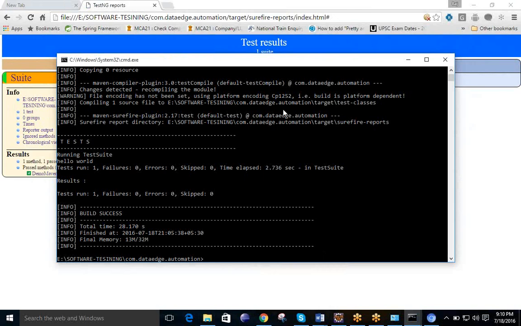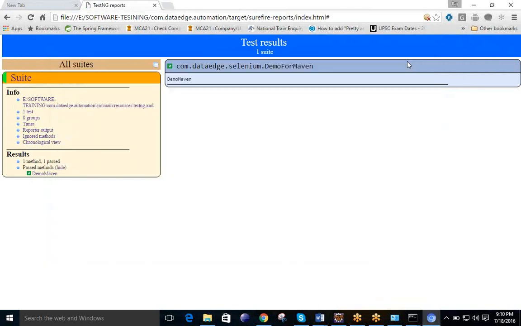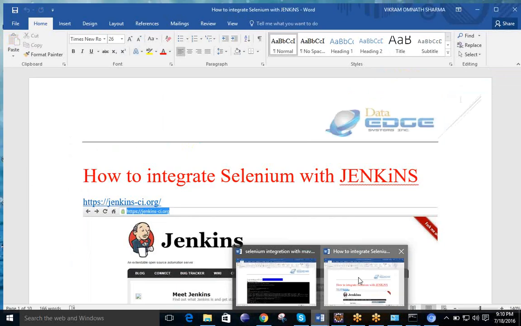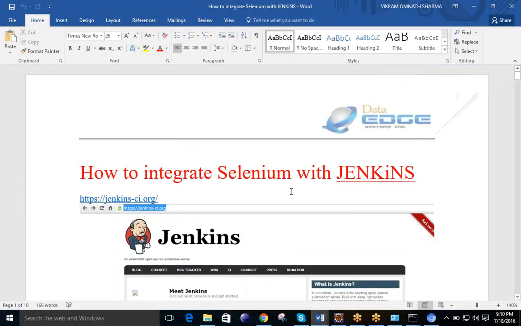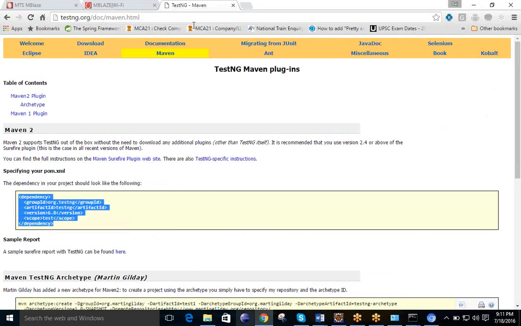Okay, so for working with the server, we have another concept and topic which deals with the server, and the server is Jenkins. It is a widely used server. Okay, everywhere this will be used. So what you have to do before going to work on that, the same note, I will share today both.